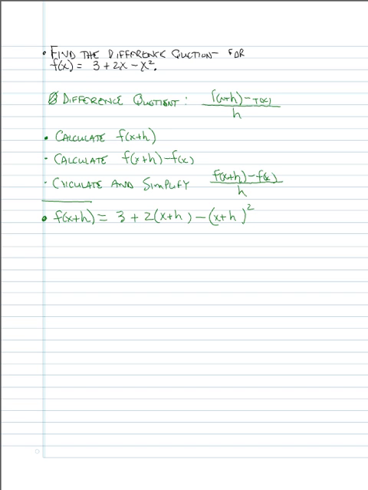Now, I want to do something here. I'm going to box this in, but it's this (x + h)² that I want to deal with, okay? Because we're going to need to do that in this calculation, aren't we? So that means (x + h) times (x + h). Now, when we do this calculation, we'll get x times x, that's x², and then we'll have plus x